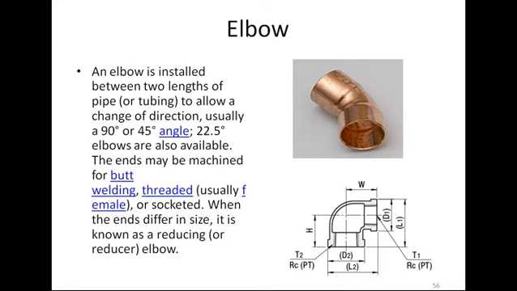Okay, so let me summarize whatever points we have learned today. Today we started our lecture with the universal joint. In the universal joint we saw what the use of the universal joint is, why it is required, and the general drawing of the universal joint. Then today we saw the Oldham coupling. Then also we saw the rigid coupling. And then we started our new topic of pipe joints.